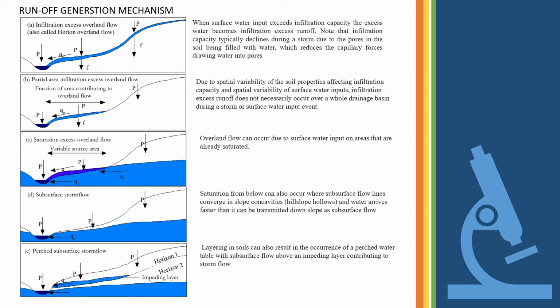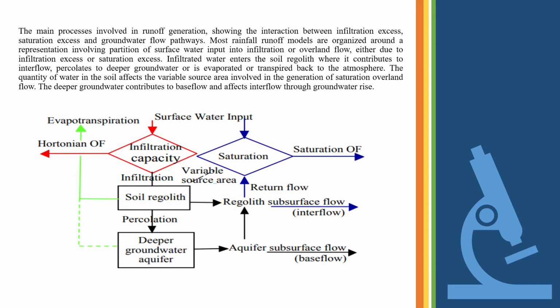Saturation from below can also occur when subsurface flow lines converge into slope concavities, hillslope hollows, and water arrives faster than it can be transmitted downslope as subsurface flow. Layering in soil can also result in occurrence of a perched water table, with subsurface flow above an impeding layer contributing to storm flow. The main processes involved in runoff generation, showing the interaction between infiltration excess and saturation excess